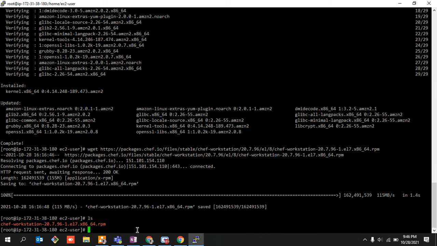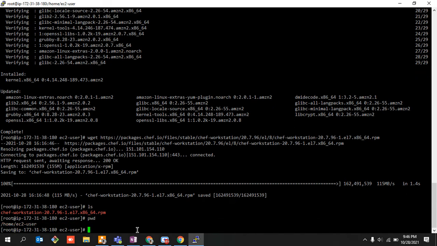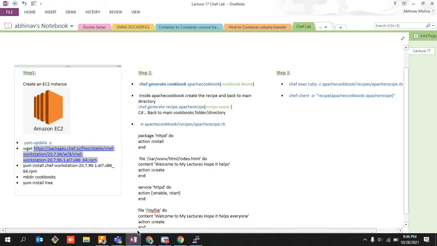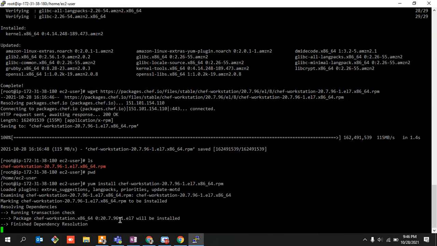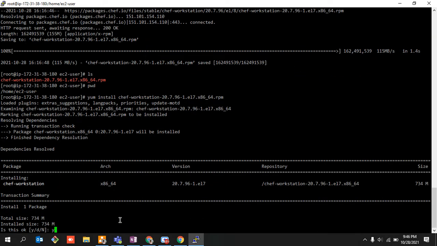Here you can see that the Chef Workstation file got downloaded into my ec2-user directory. And now we need to install it as well. In order to install something, you need to write this command followed by the file, and install it. It's very easy to install all these packages.